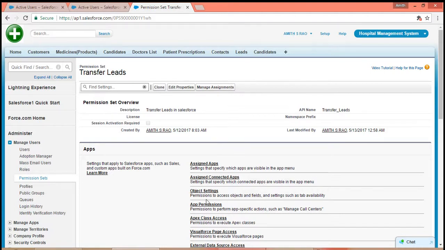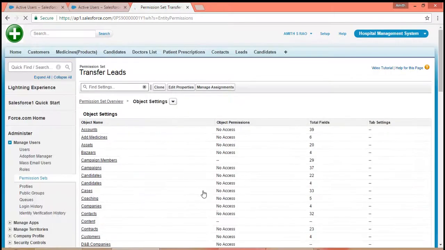So clicking on object settings, you will get the changes which need to be set for the permission set access or the functions particular to the tab, particular to the object or particular to the field. App permissions is the page for the permissions which is provided. So let us go to the object settings, click on object settings and you will have